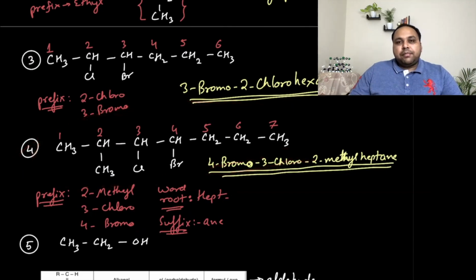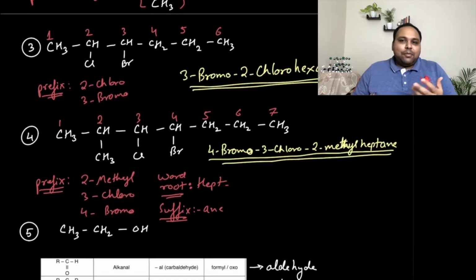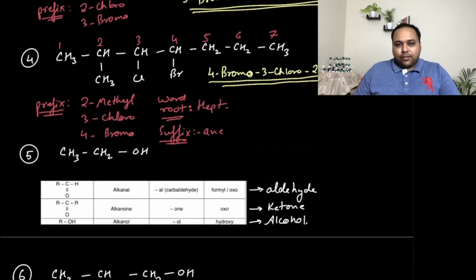So I hope this example clears a lot of doubts and also gives you a good practice for the rules learned till here. Let's move ahead. We have a few extra examples where we'll add on functional groups onto our examples. So as I told in the beginning that we'll be talking about substituents, examples are done till here. Now what we'll do is add a functional group and an additional part to the naming, and then we'll use suffix with the functional groups.